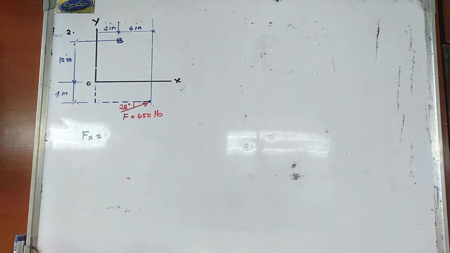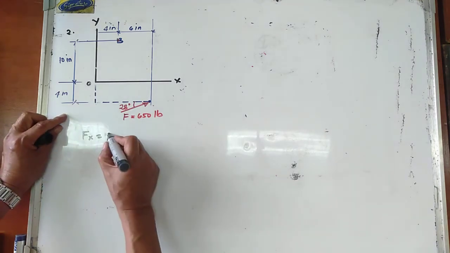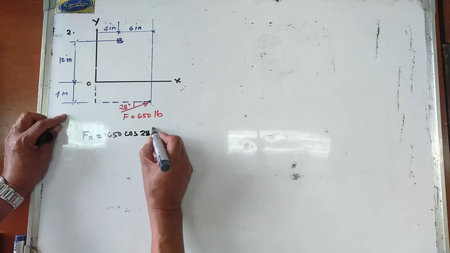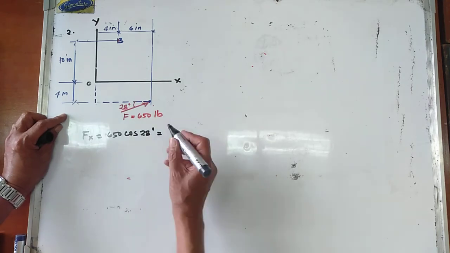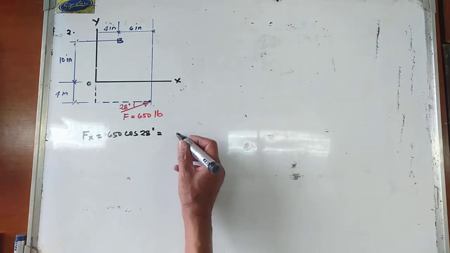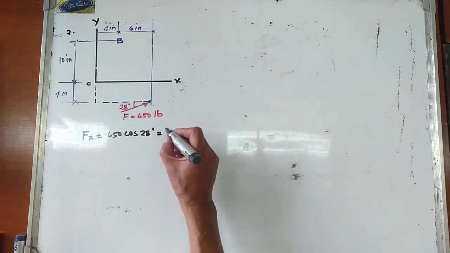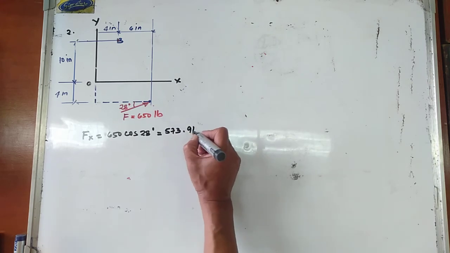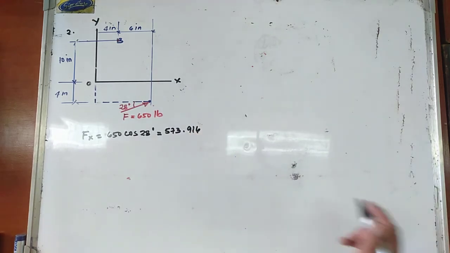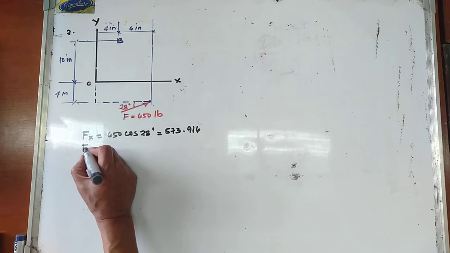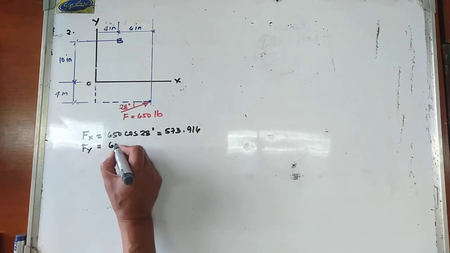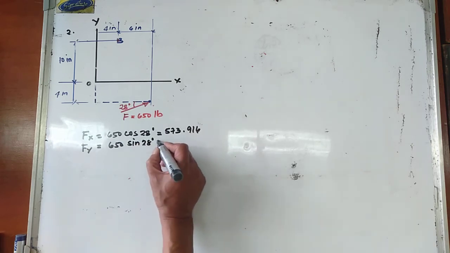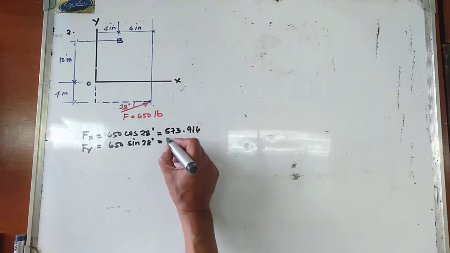So we have this one is equal to 28 degrees. So Fx is equal to 650 cosine of 28 degrees, and that is equal to 573.916. And your Fy is equal to 650 sine of 28 degrees. And this one is